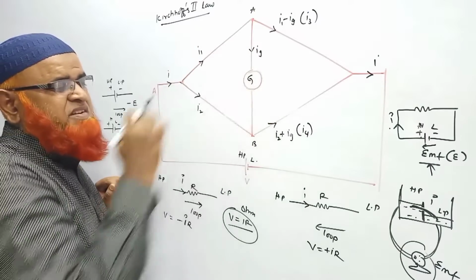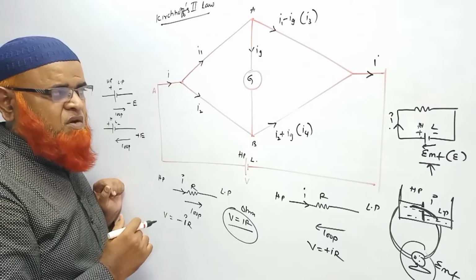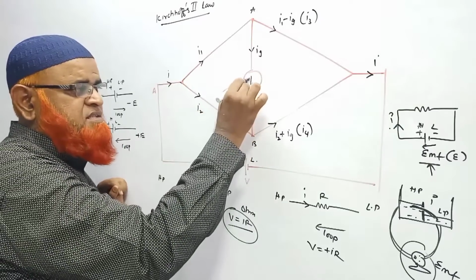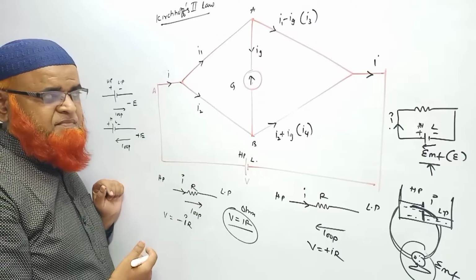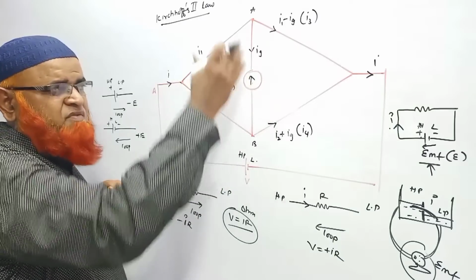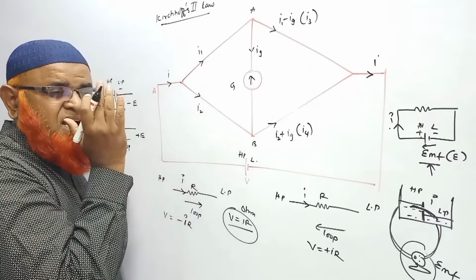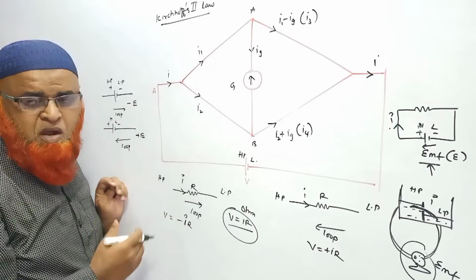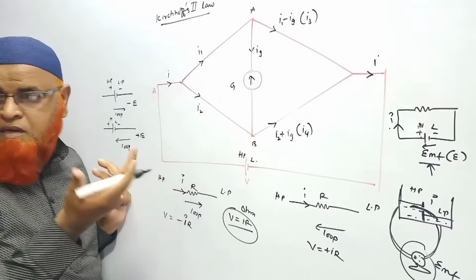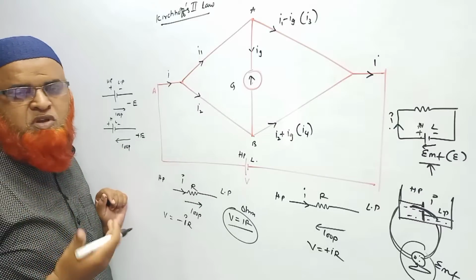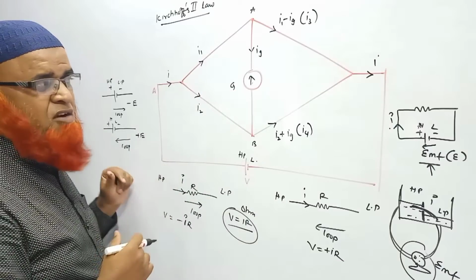This is called a galvanometer. A galvanometer is a measuring device, okay, which has one pointer like this, which will move right or left according to the current passing through it. So the galvanometer will show the deflection whenever the current flows. So it is a device which will indicate whether current is flowing in the circuit or not. Because no one will go and touch and see whether current is moving or not. You may have to keep some device in the circuit, called a galvanometer.